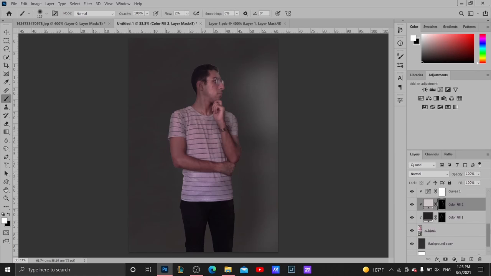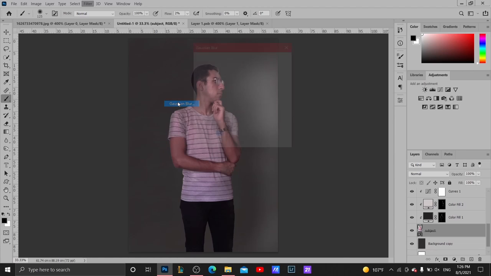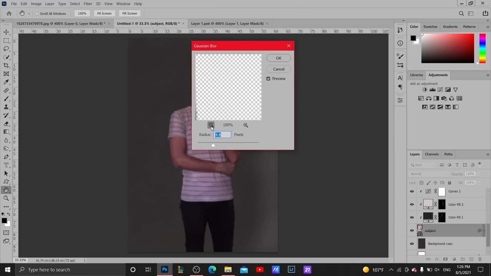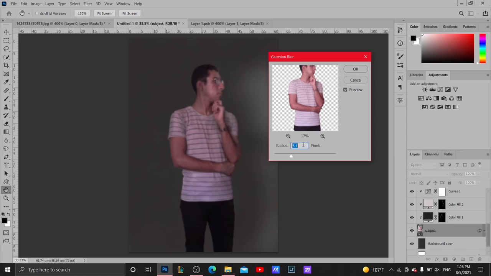Let's go and click on the subject, then go to filter, make sure the subject is converted to a smart object, and then go to blur, Gaussian blur, and try values until you see that the fringes, these areas disappear. I'm gonna go with 7.8,